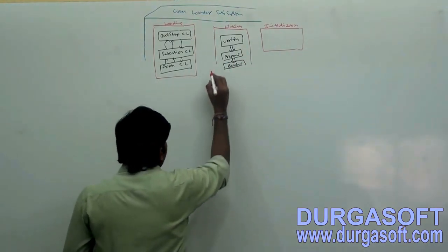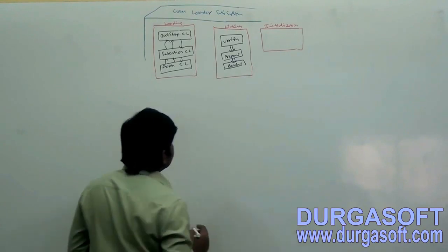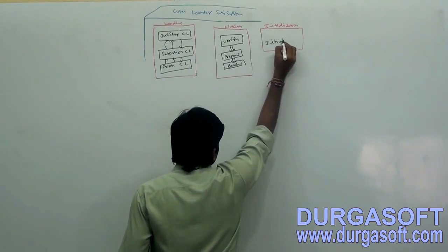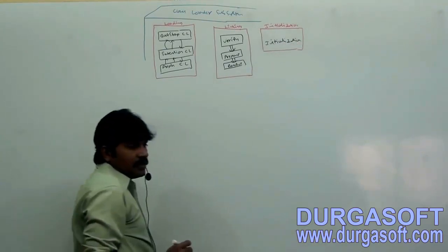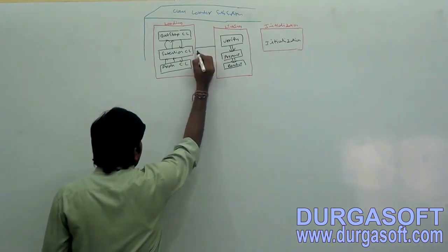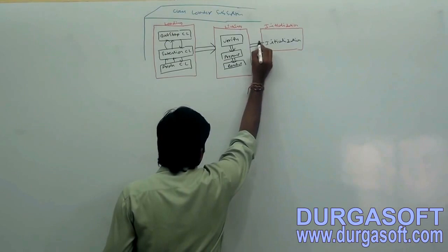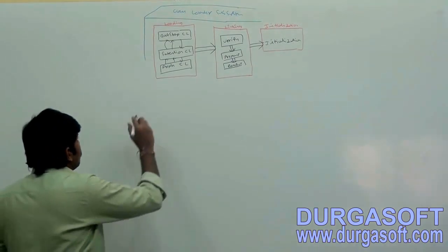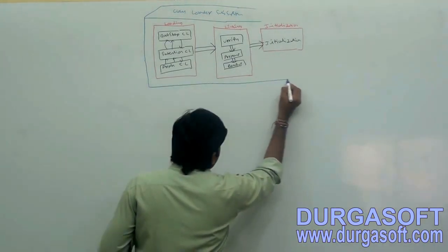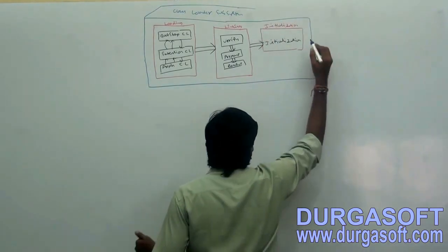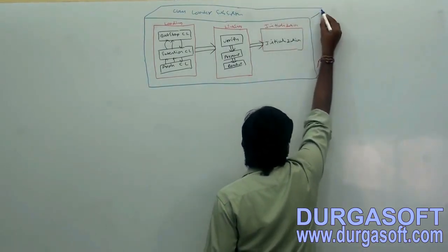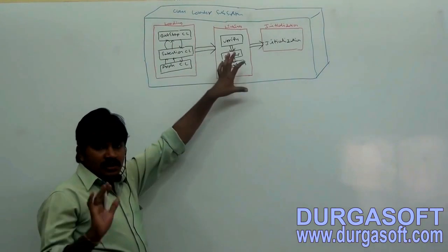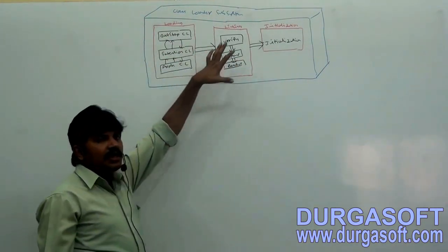So now just observe the point well. The third one is initialization. So first this part will be executed, then this one, and after that this one. I hope that is clear for all of you. So this total thing, who is responsible? The class loader subsystem is responsible for loading, linking, and initialization.